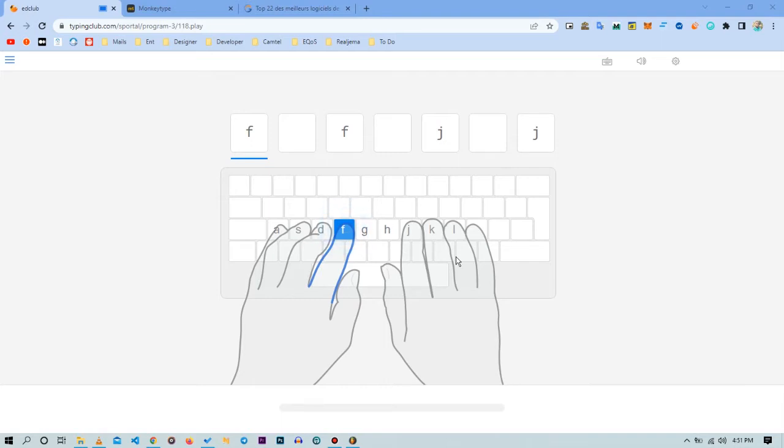So today we're going to be learning an added key, the space key. In the last video we learned the F and the J key, and today we're going to add an additional key, which is the space bar. So here you're going to type F, then space,